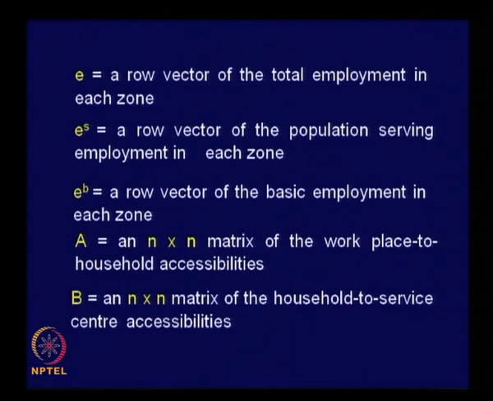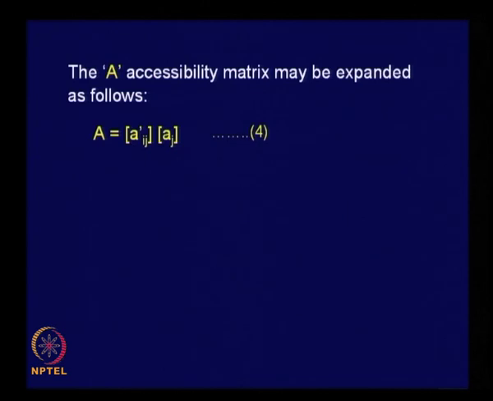So, that is what is given in abstract terms as capital B. The A accessibility matrix may be expanded as follows. So, A as we know is an n by n matrix, and A can be written as A dash ij into Aj, right,